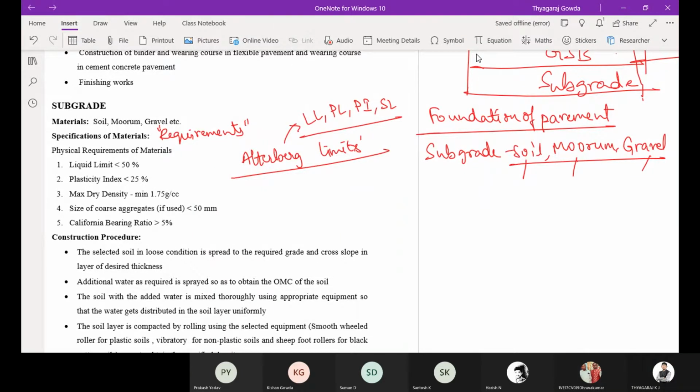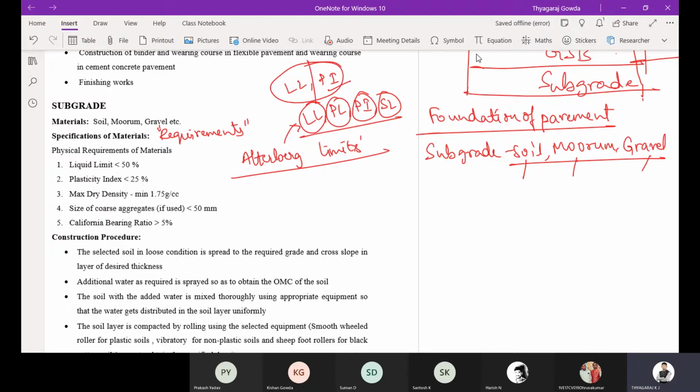Yes, sir. So these are the Atterberg limits. In the Atterberg limits, in our highways we are going to concentrate only on liquid limit and plasticity index. The Atterberg limits used in our highways are the liquid limit and plasticity index.